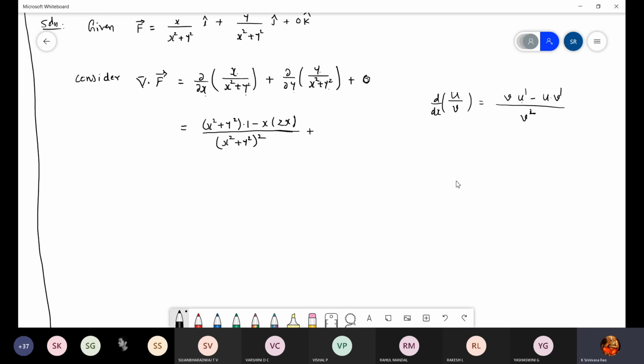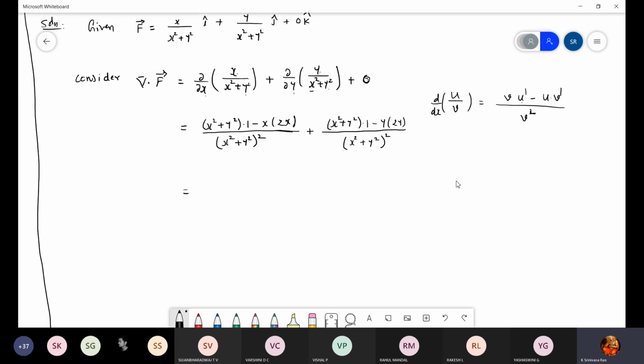Similarly, repeat the same with respect to y. The denominator has y, the numerator has y. Therefore, x square plus y square whole square. Write x square plus y square as it is, into the differentiation with respect to y, which is 1, minus, now the numerator y into the differentiation of x square plus y square. X square is 0 with respect to y. So the differentiation of y square is 2y. Now finally,